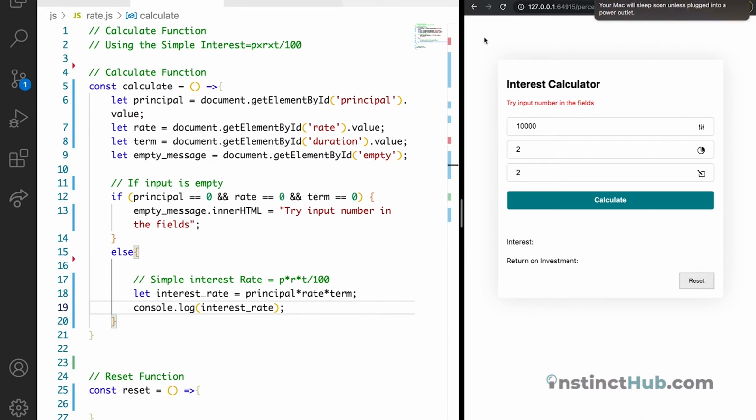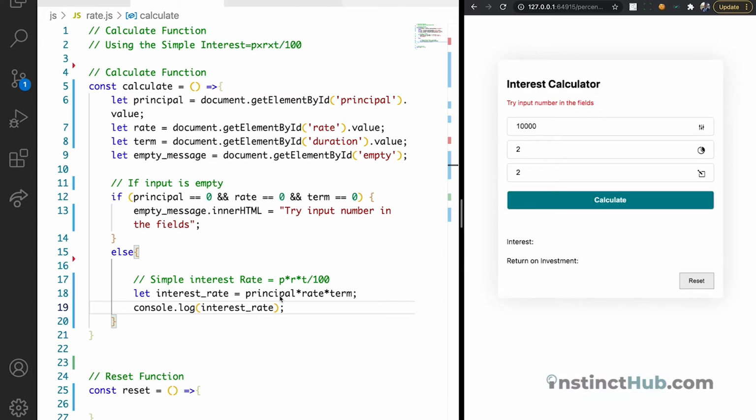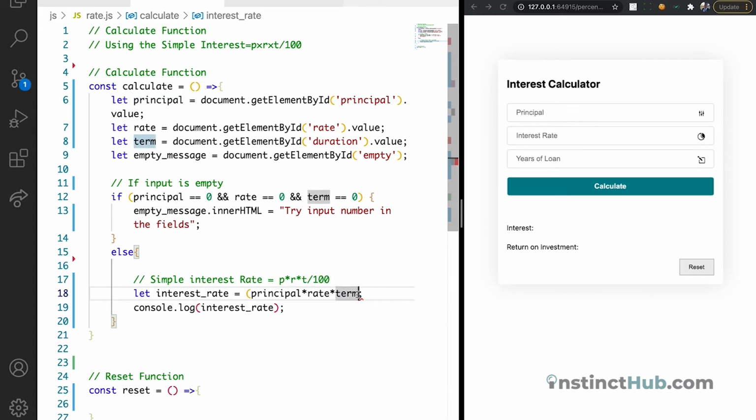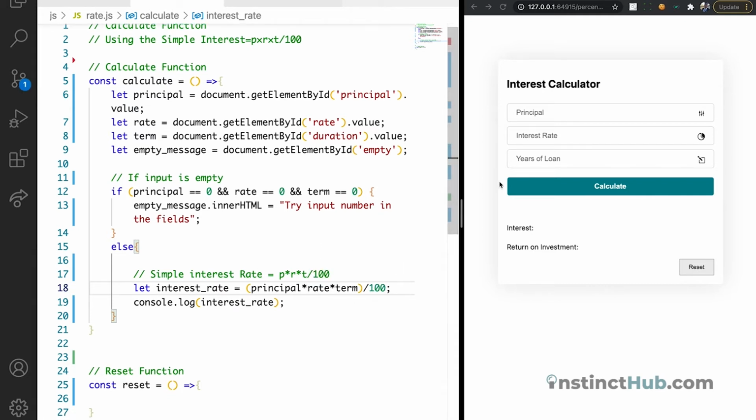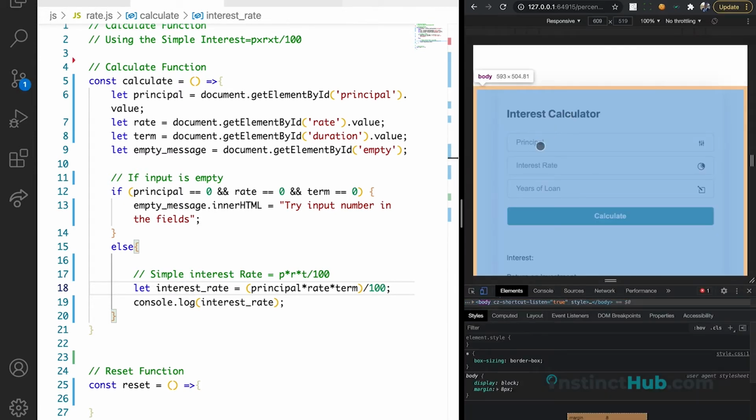We should see that we have an answer here, which is 40,000. So what is left now is for us to divide it by 100. For us to do that, let's wrap it in a bracket. Remember your BODMAS, so whatever is in the bracket is going to be calculated first, before the division. Okay, so if we save it and try to input figures,